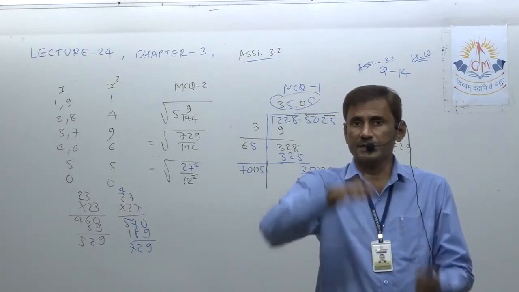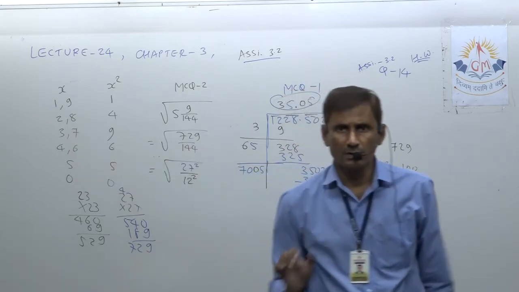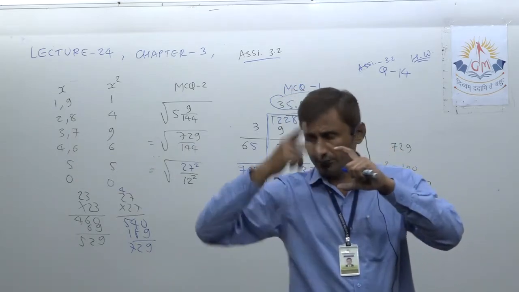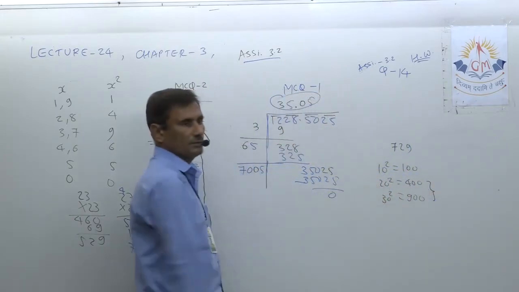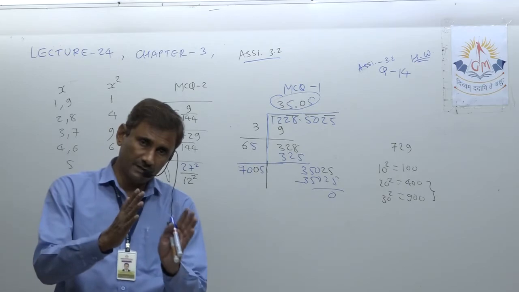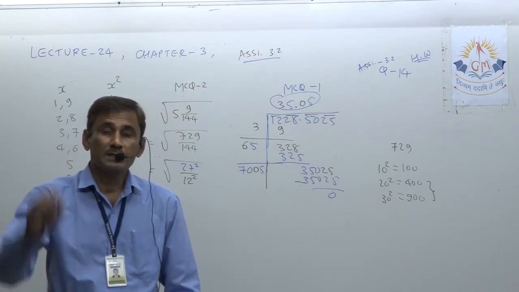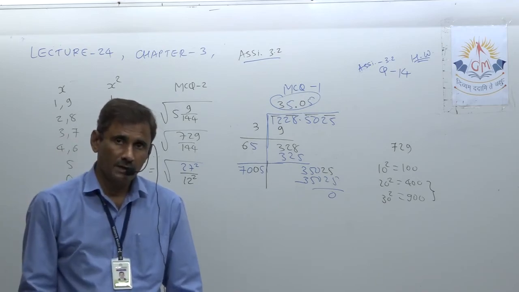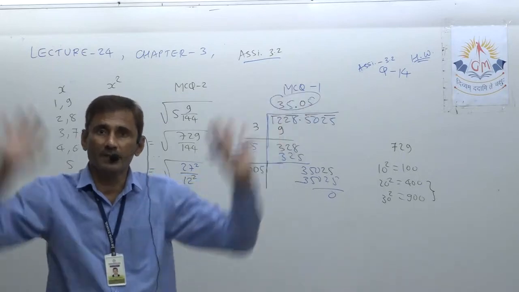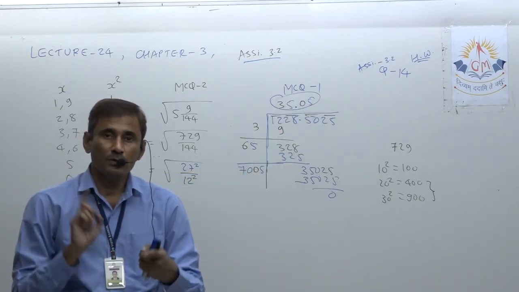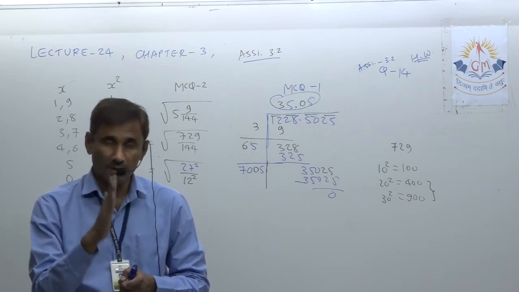First, I listed 10 square, 20 square, 30 square. If you want to go, you can go ahead also. Then you have an idea that the given number is in between these two numbers, so its square root should be between these two numbers. So you have estimated that the number is not anywhere. It is in a particular range. Now you should look in that range only, not look anywhere. Don't find it anywhere. So concentrate at that belt only.